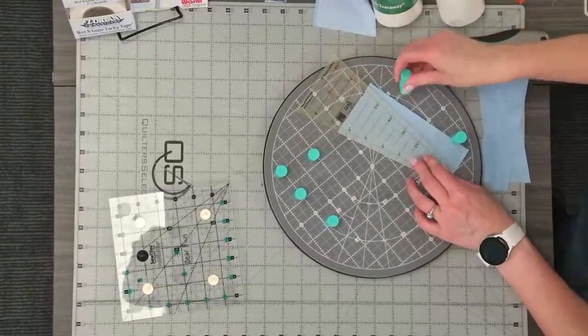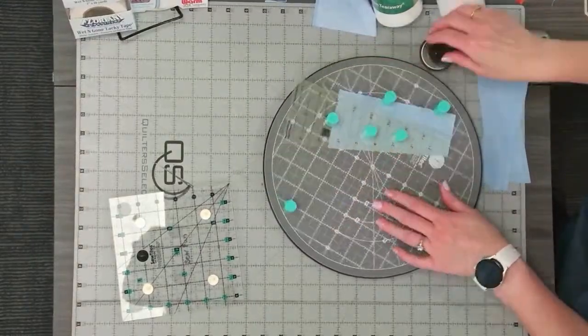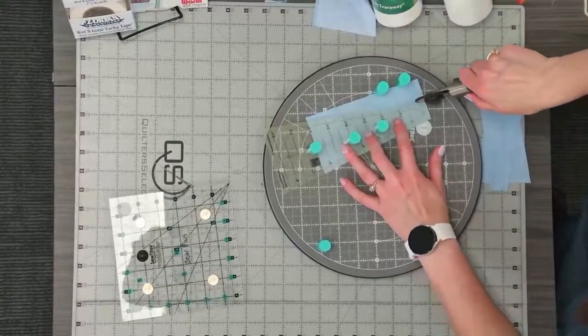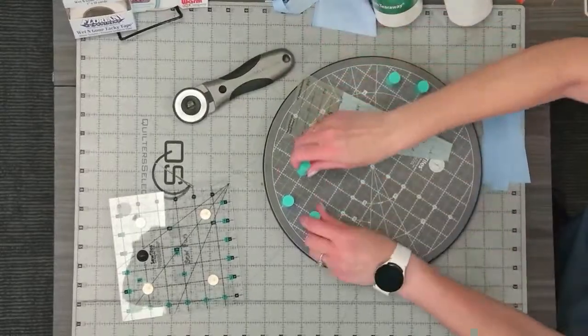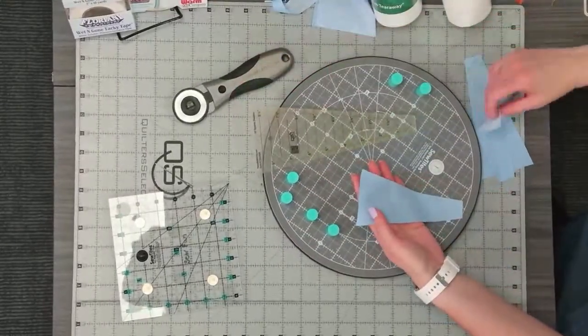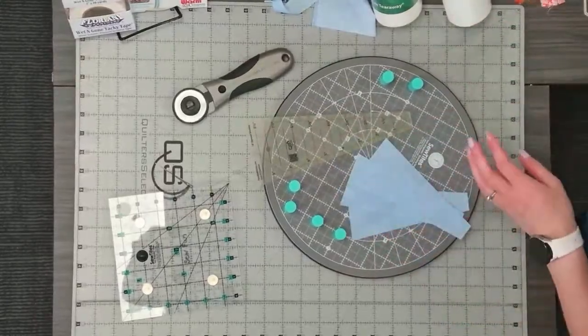Okay, so I've got my fabric stabilized there. I'm going to add some of those over top. I think I'm going to move that guy down there and give that one more cut. And this is a scrap piece. We can just toss that. And now we have our 3 pieces here that I can use with